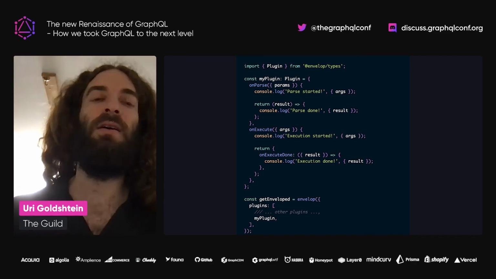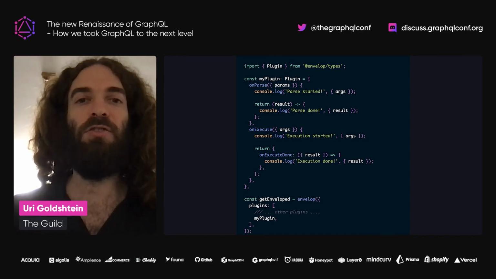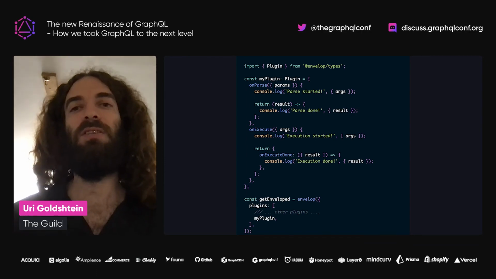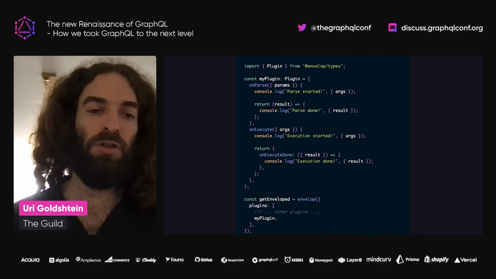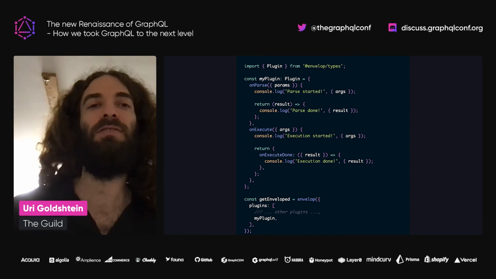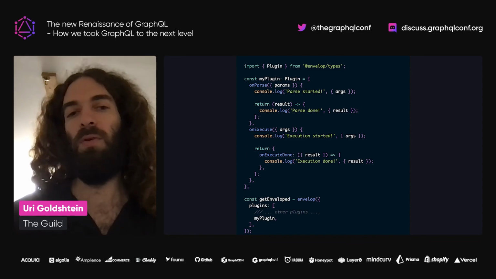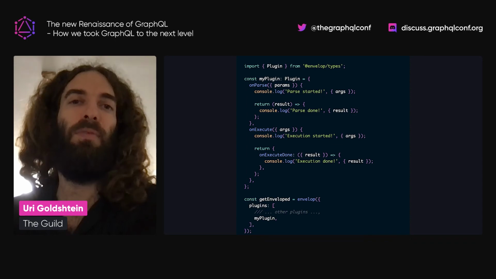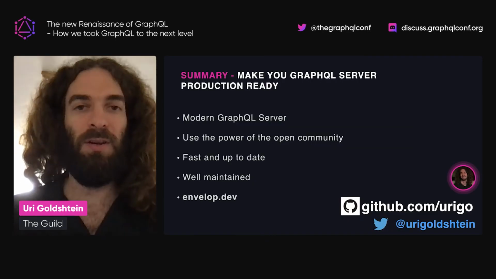This is, by the way, the signature of a plugin. It shows you that even though it's very easy to consume a plugin, as a plugin creator you get tons of power and you can hook into anything in the system. And this is why we could create so many powerful plugins and share them with the whole community.